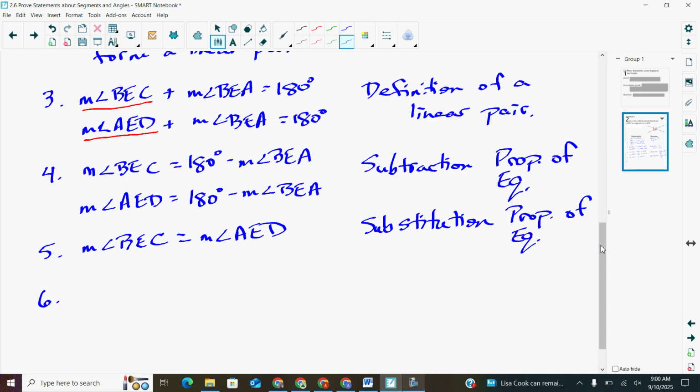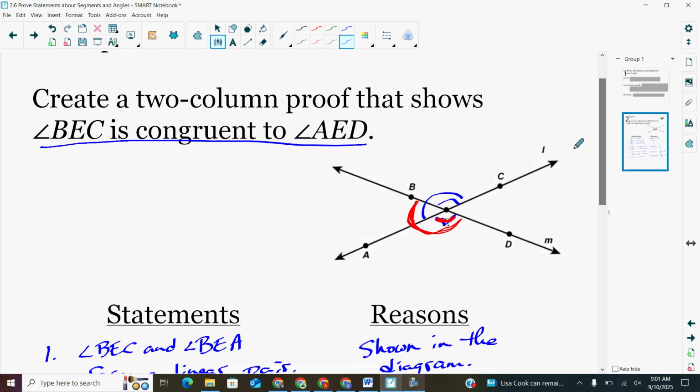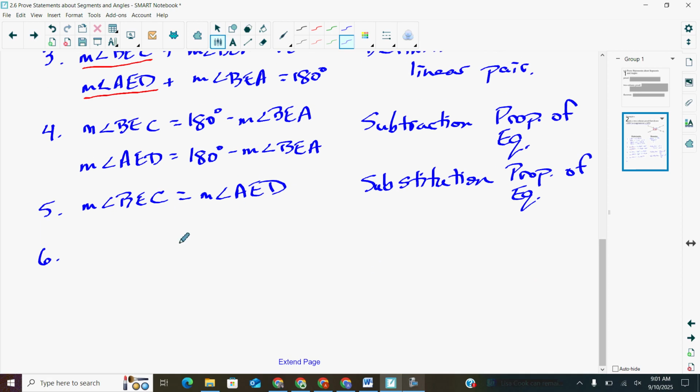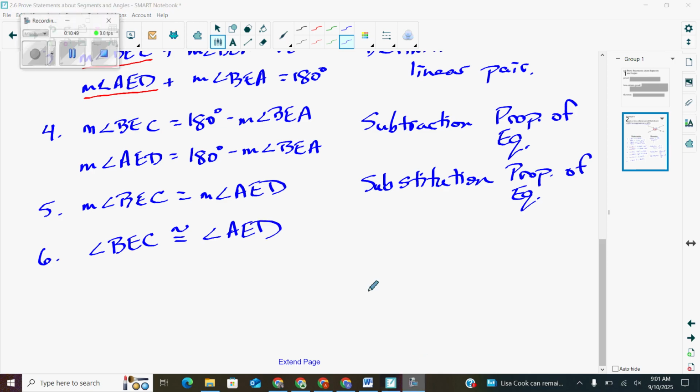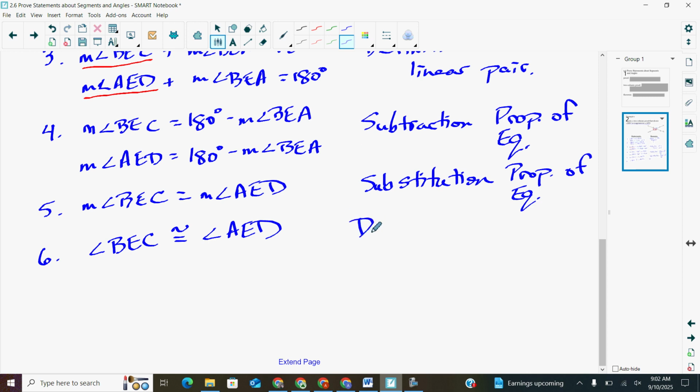Yes, we were trying to show that these angles are equal to each other in measure. Really, what we're trying to prove, though, is that the angles are congruent. That should be our final thing. Our final statement should be that the angles are congruent, and that's not quite what this says. Our final statement is that angle BEC is congruent to angle AED. And for a reason, we would state, well, that's what congruent angles are, right? If their measures are equal to each other, we know they're congruent. This is the definition